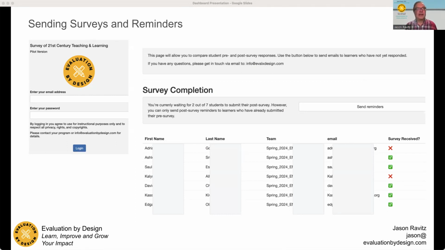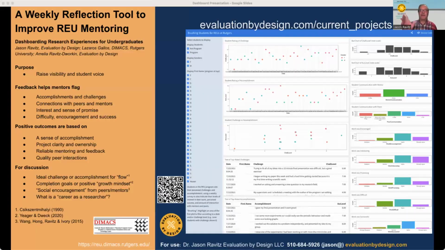Okay, this next one, I know you're not going to be able to read, but I've zoomed in on a couple of these, and I can show you more later. This was research experience for undergraduates, which is a really cool NSF program that I evaluated a few years at Rutgers University and also expanded to University of Minnesota.